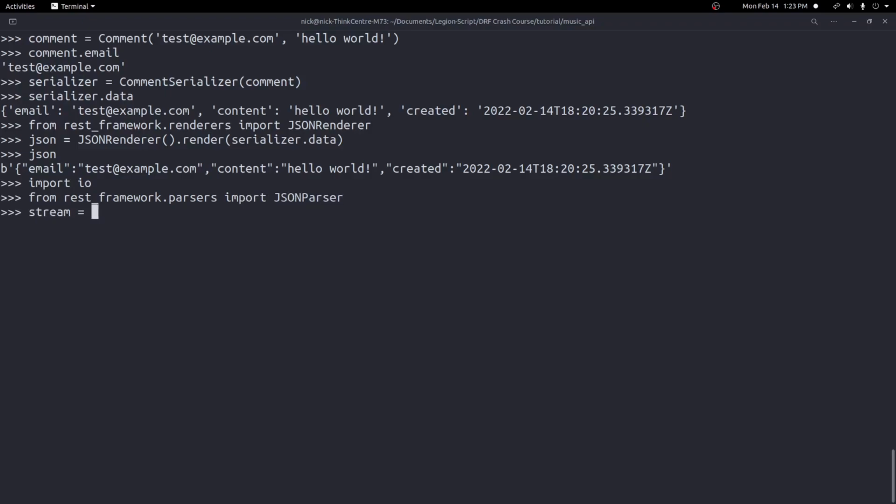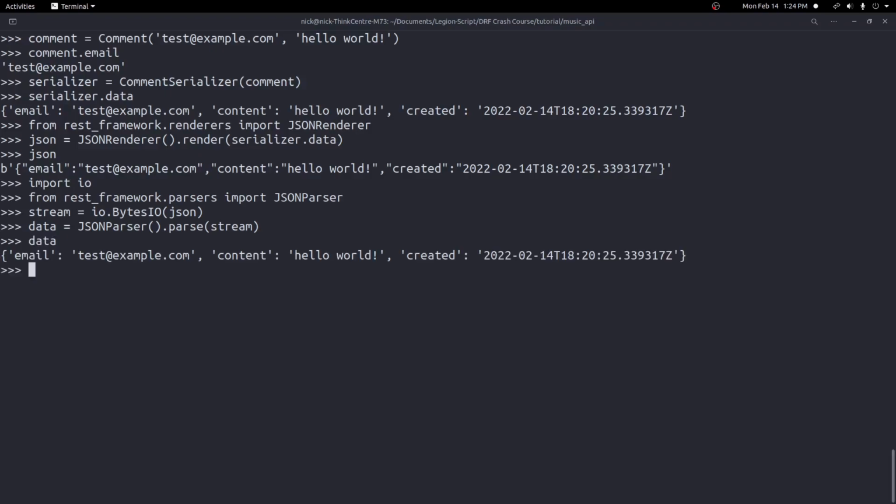We then create a stream, do io.BytesIO, and pass in that JSON. We can then take that stream there, create a variable data, and pass it into our JSON parser. So we take JSONParser.parse, and we can then pass in the stream. Now we can take a look at data. We now have that Python dictionary again. Now let's go ahead and take that data. Let's put it back into our serializer. So then we'll do serializer